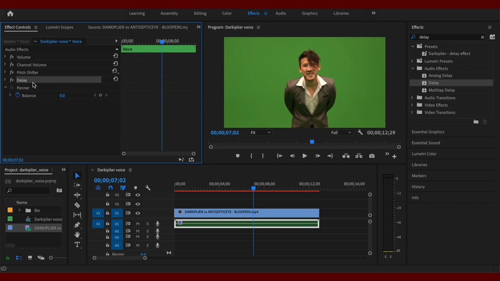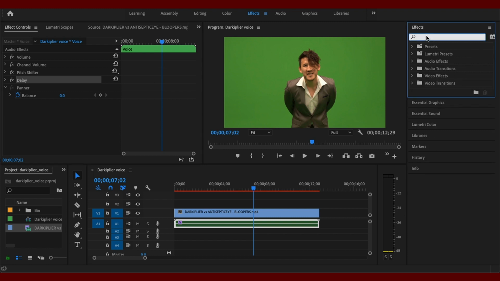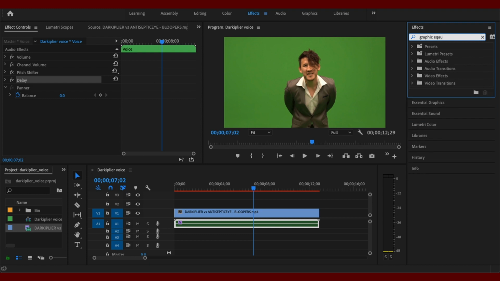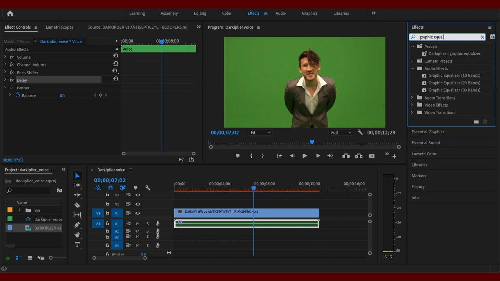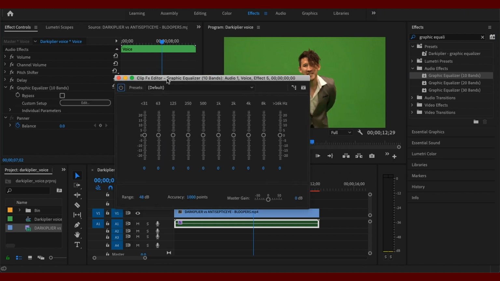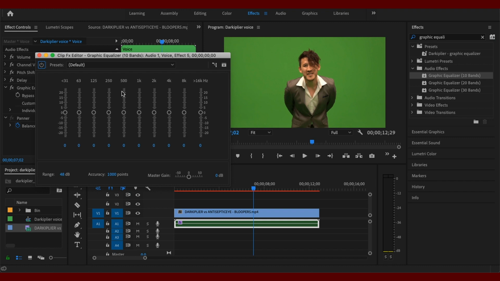So we're getting there. Next one is the graphic equalizer. I've used the 10 bands because I found that's kind of easier. So you want to go to custom setup, and pretty much what this is